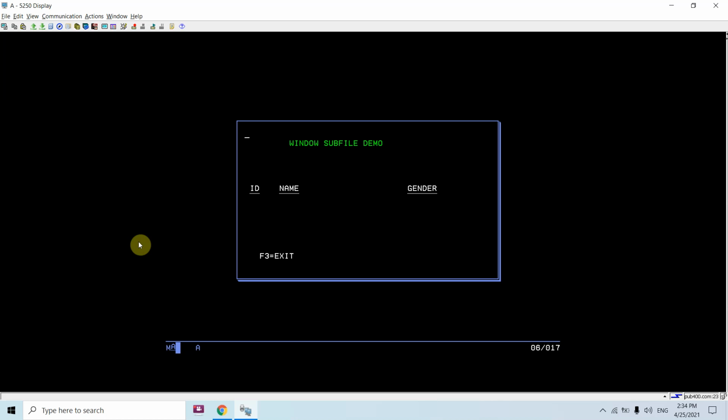Now you can directly see that the window subfile is displayed on the workstation screen. We have the window subfile demo, so this is a window.